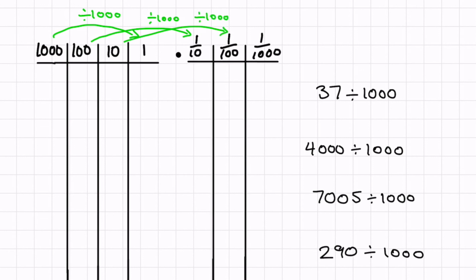10 divided by 1,000 is equal to 100th, and 1 divided by 1,000 is equal to 1,000th. So, looking at 37 divided by 1,000, 37. Let's begin with the digit 3. The 3 is going to move 3 columns to the right. It ends up